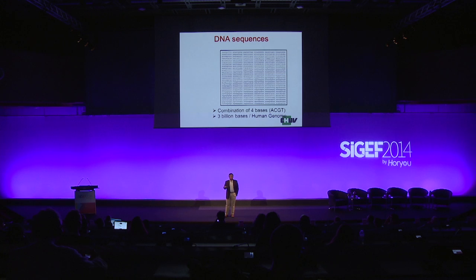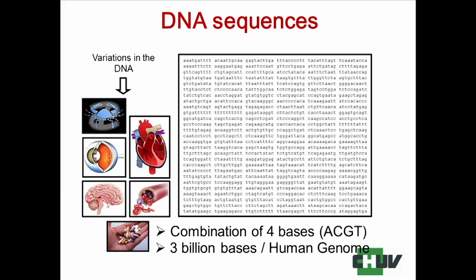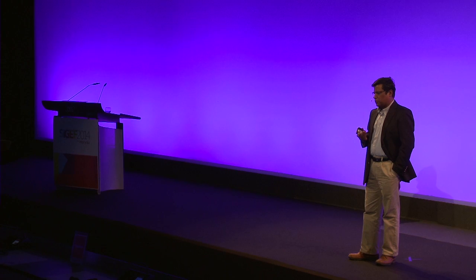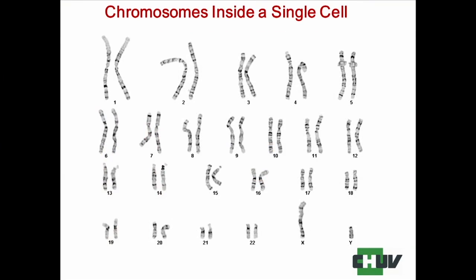This is what the DNA sequence looks like, like a completely puzzling thing. Variation in this DNA can give a different function, and changes in this DNA can cause different types of diseases, from cancer to heart disease, diseases of the eyes, and brain diseases. This has been a focus in medicine for the last 15, 20 years. So I will show you from the clinical point of view.